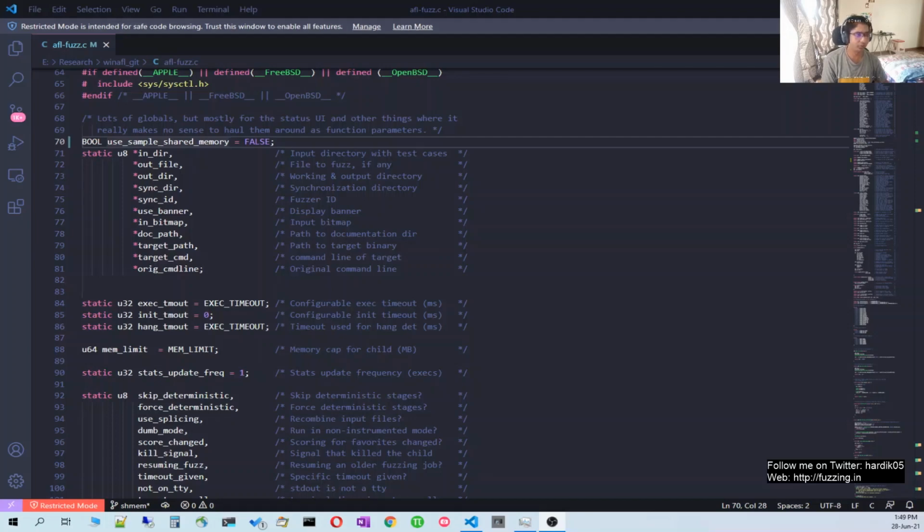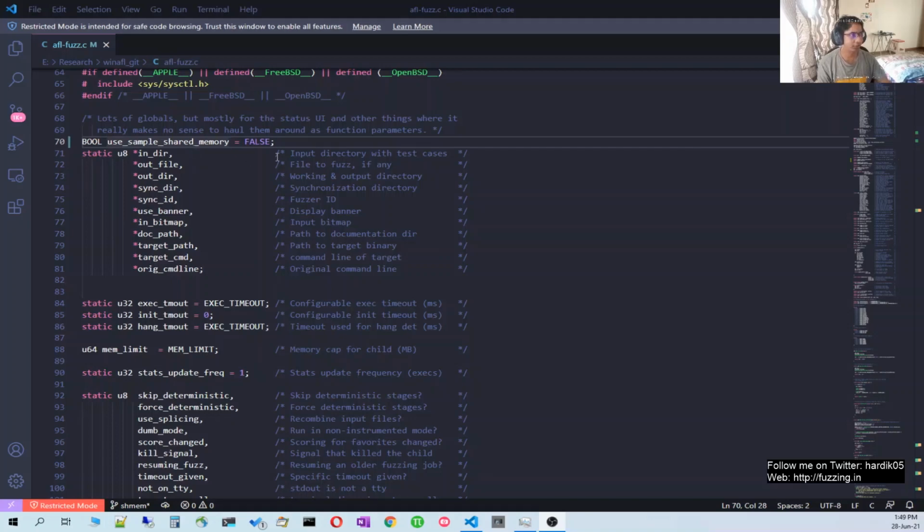So what WinAFL will do is take one input file from the queue, modify it, and save it in the shared memory instead of writing to a .cur_input file. And then in your harness also you need to make some changes. You need to make sure that in your harness you read the data from the shared memory instead of a file.